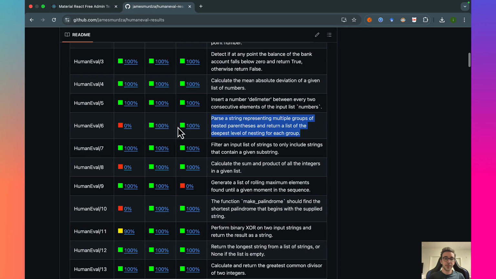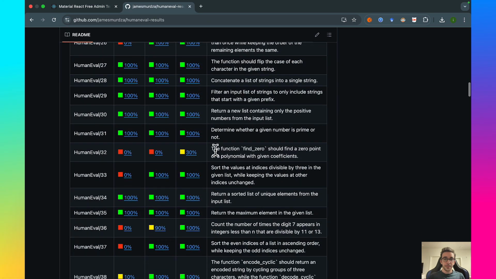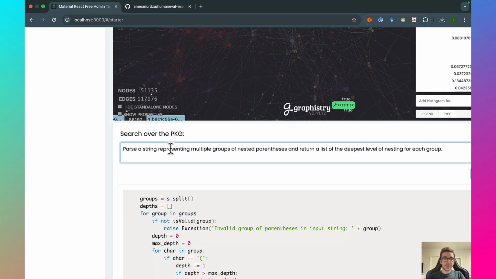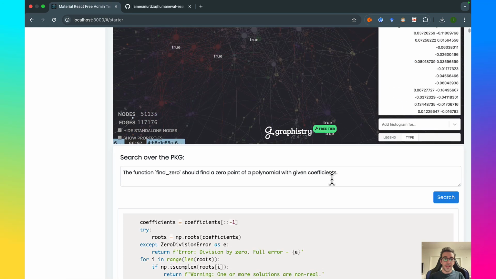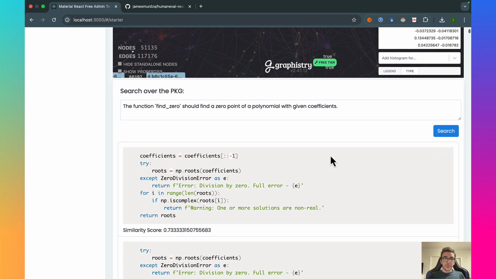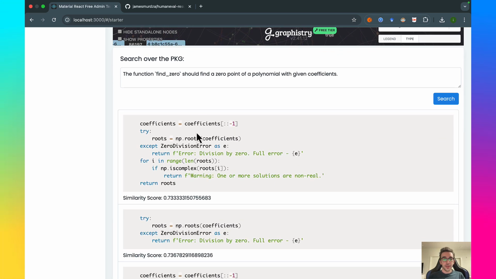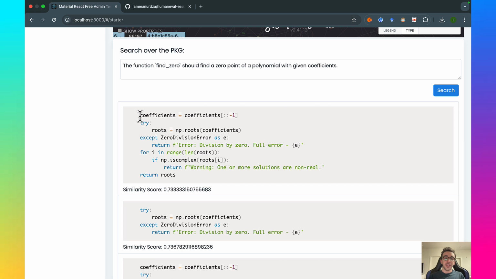Let's take another look. For example, here the problem is about a function for finding zero, which should find the zero point of a polynomial with given coefficients. I'm gonna copy this description and paste it here, and ask the PKG to find the most similar code contents. As you can see, the PKG is able to extract the most precise